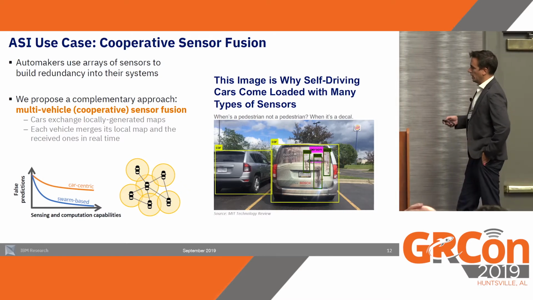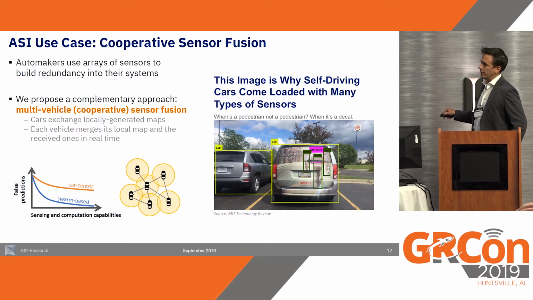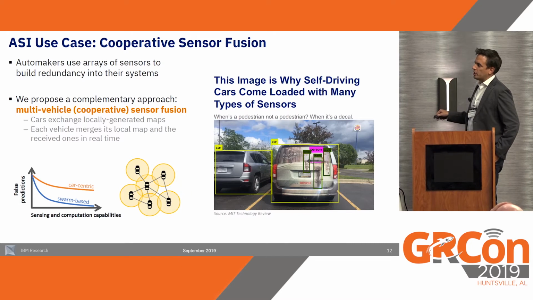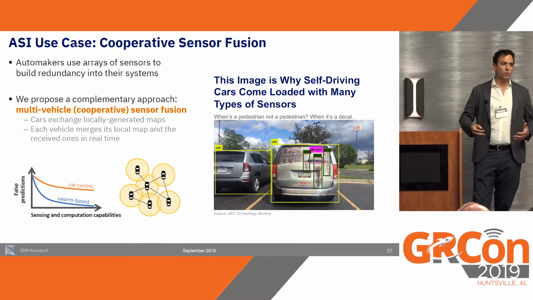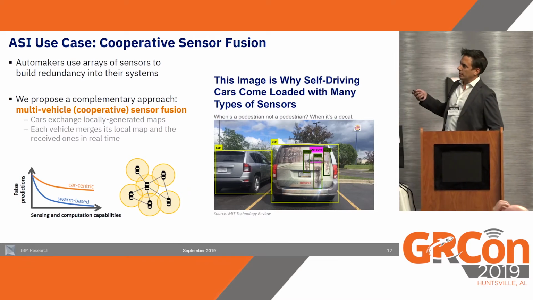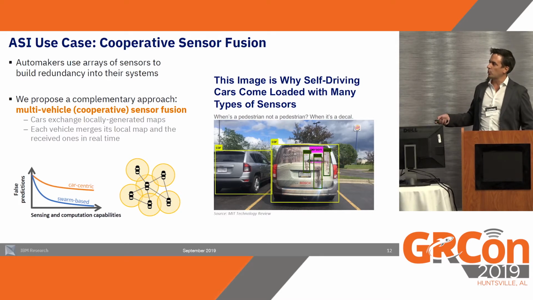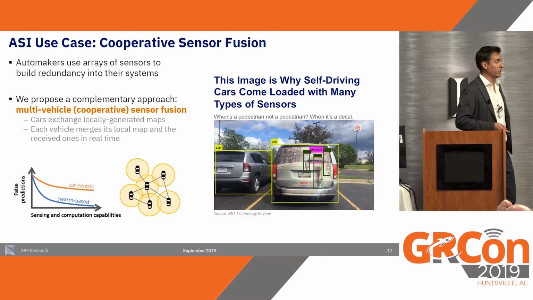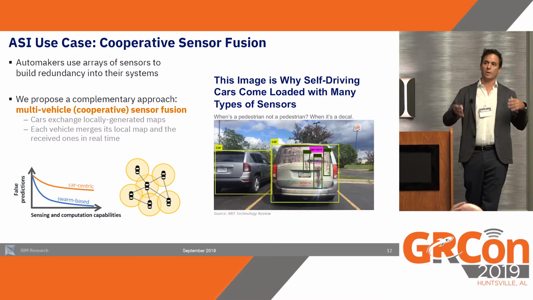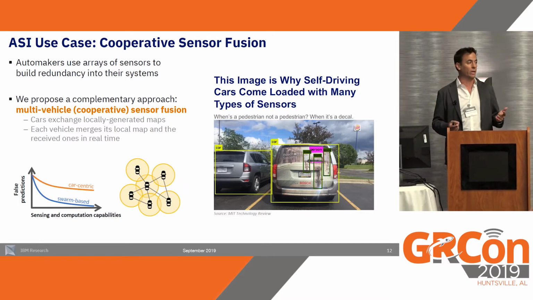In other words, if we want to significantly reduce the number of false predictions, and this is qualitative, I mean, this is not a quantitative chart, if we follow the car-centric approach, it doesn't matter how much computation power or sensing power we put on the car, we won't be able to reduce that rate of false prediction that significantly compared to a case where we also follow the swarm-based approach. So we are not saying that we have to get rid of the car-centric approach. Of course, the cars have to be more powerful, of course. But we should also exploit the swarm in between the vehicles.